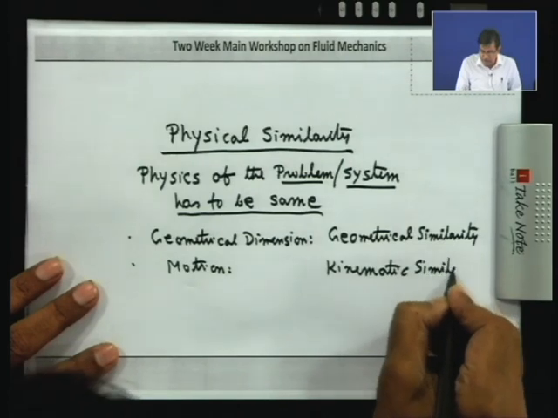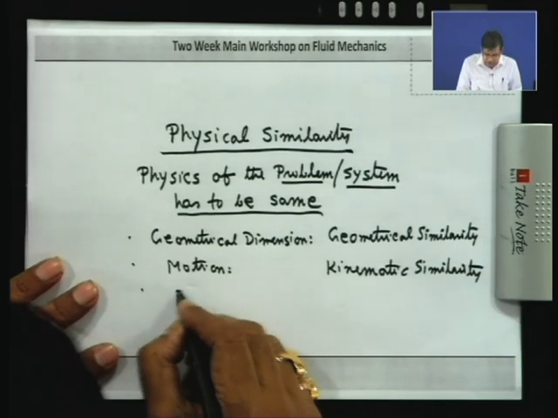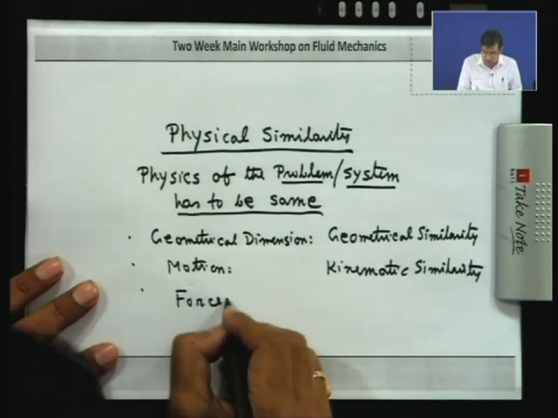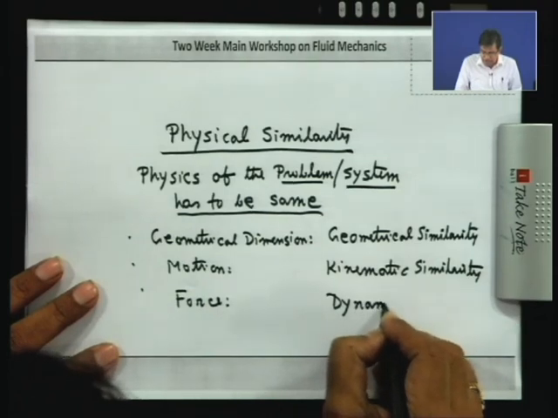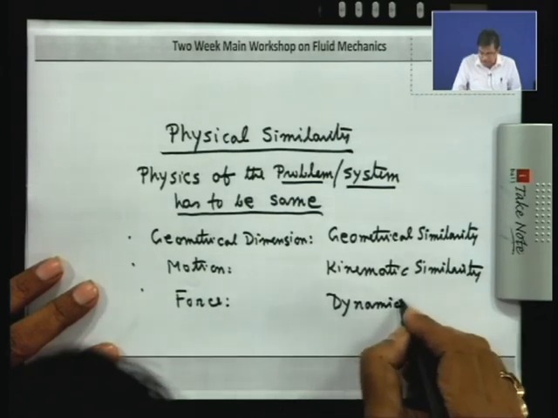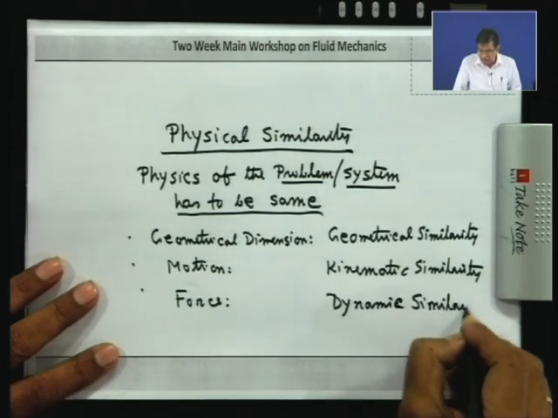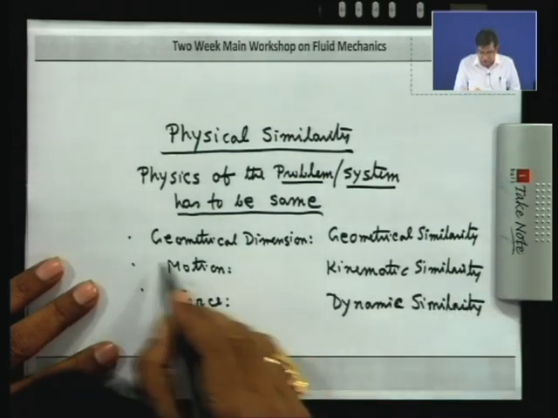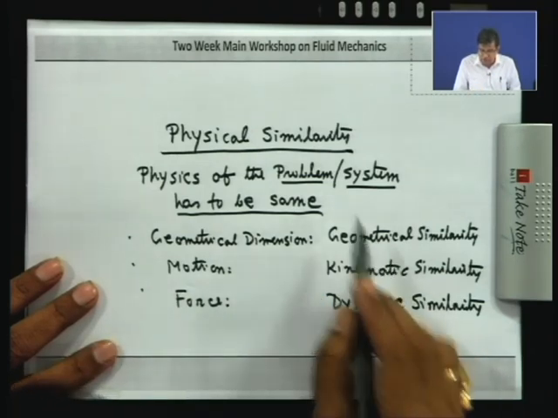Okay, then it is known as kinematic similarity. And when this concerns force, the physical quantity is force, then it is known as dynamic similarity. So, according to the definition I just told you, dynamic similarity. So, therefore, according to the general definition for geometric similarity, the corresponding geometrical dimensions between the two systems or problems